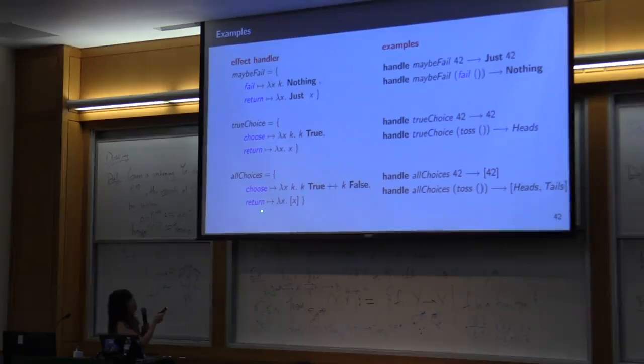So what is happening here? Well, maybe let's look at the return clause first. If your computation returns normally, then I'm going to wrap the computation value inside a list. And now you get back a singleton list. But if you have performed the choose, then I'm going to first resume with